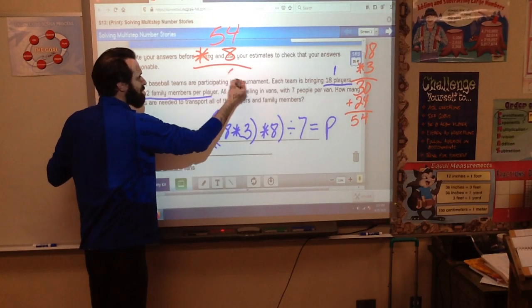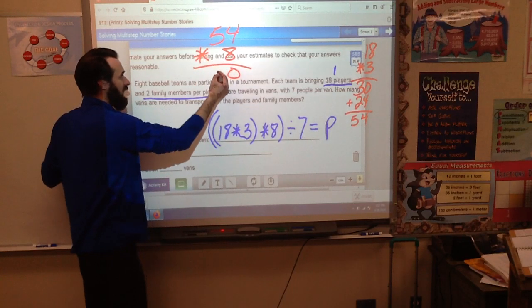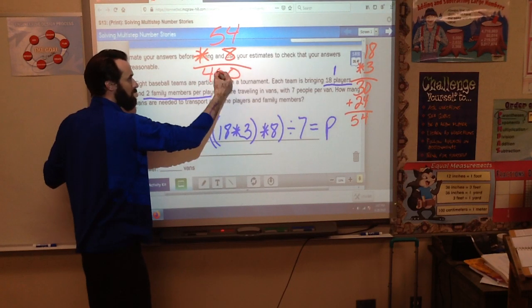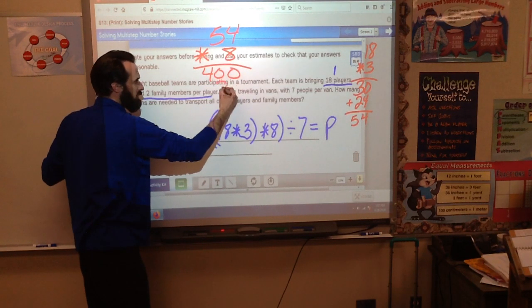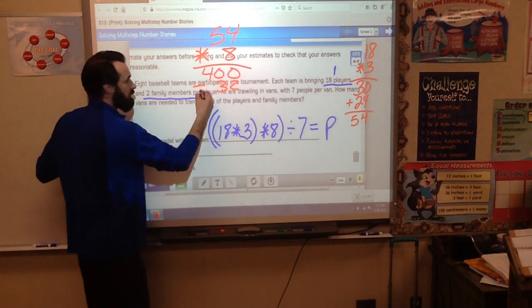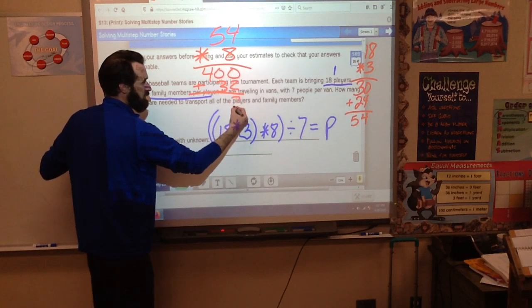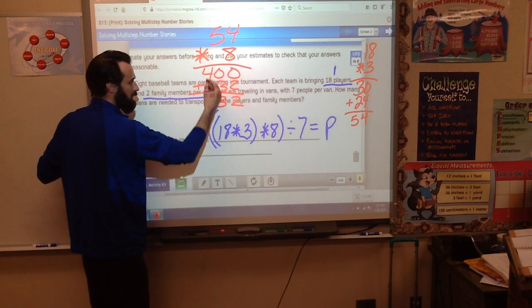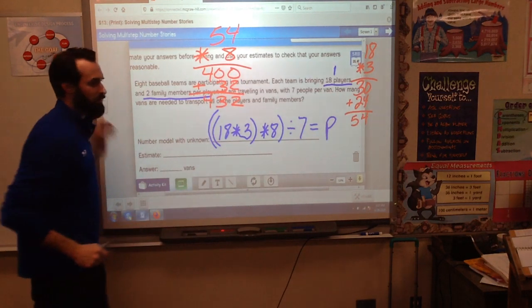So doing 8 times 50, there's going to be a 0 there. 8 times 5 is 40. And 8 times 4 is 32, because 8 times 2 is 16. Double that is 32. Add that together. 0 and 2 is 2. 0 and 3 is 3 and 4. So we have 432